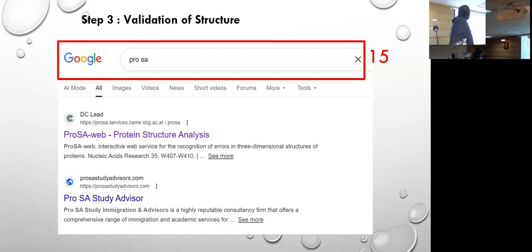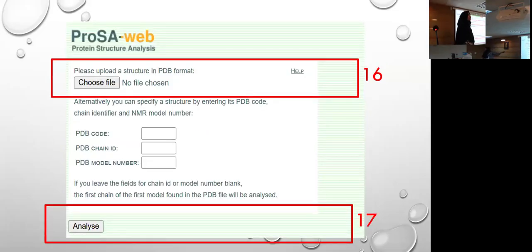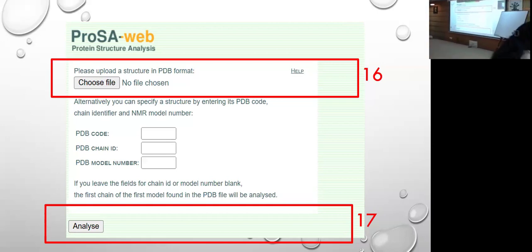So you will just open the link of the PROSA web. This is the one. You will search for PROSA on Google, and then open this website. You open this. This will be the interface. Are you able to see that? Are you able to open this? All of you? I'm not getting enough response actually, so I'm unable to judge whether you are on the same page or not.